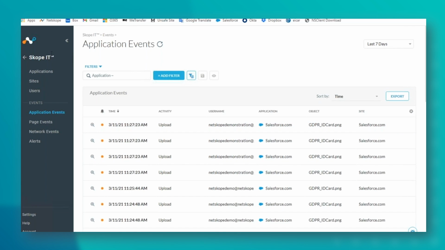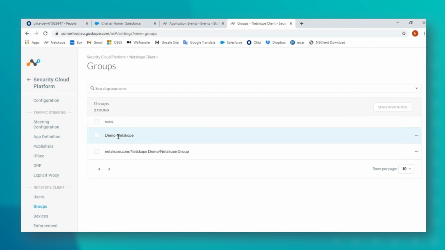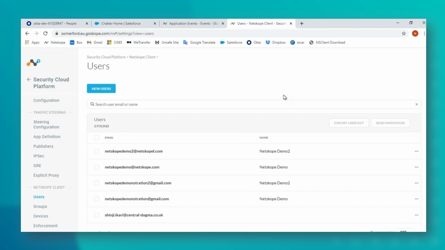If I jump back to my settings here, using both of these options, for the Okta side of things, we get to pull over groups as well. From the AD side of things, we get to pull over groups. If we use the single user mode, so if I was to just create a user here manually, I cannot apply them to groups. They can only be single user. They can be applied to a policy as a user. I cannot add them to a group and then have them managed as a group. But using the directory importer, using the Okta provisioning, I can now use groups. I can create all my policies based on group or team you belong to, etc.